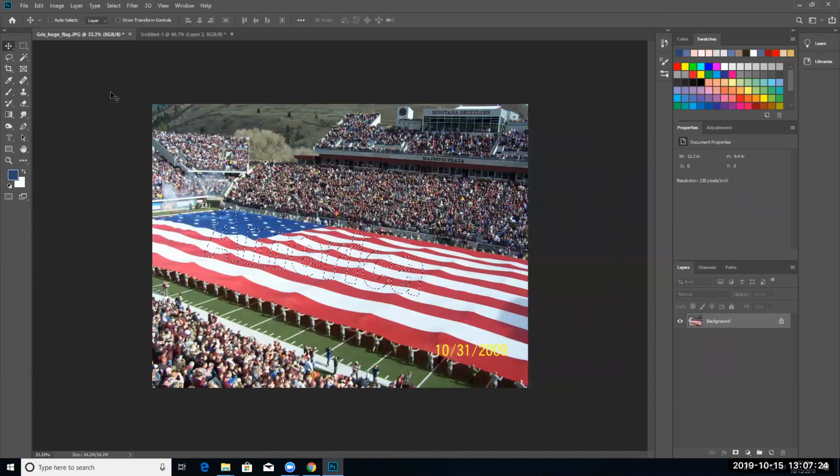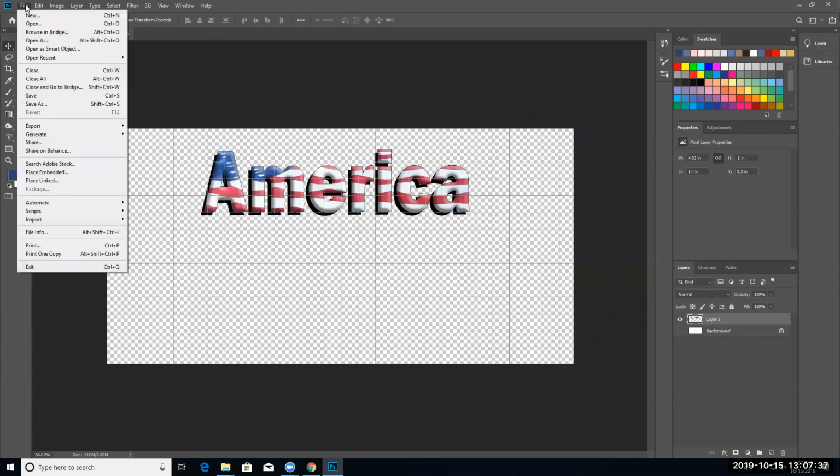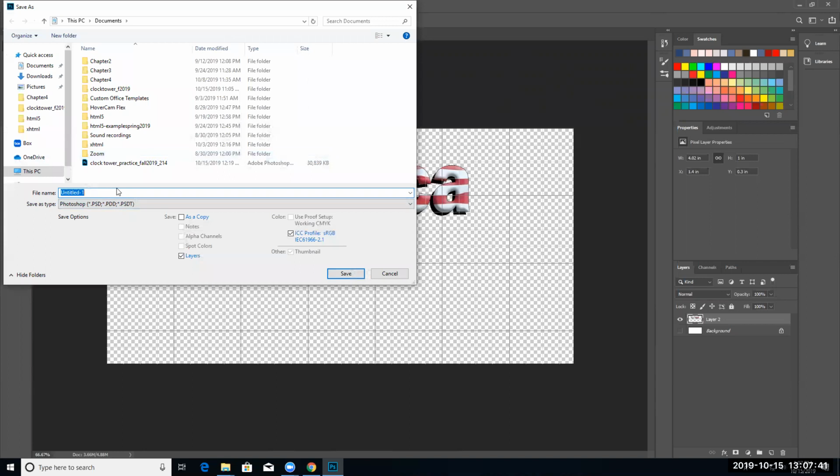So we're done with this file. As far as the Grizz Huge Flag, we can close that one. We don't need to save the Grizz Huge Flag because we've got our other one. While we're here, though, let's go ahead and save. This is our blending modes practice one. So let's do File, Save As for the America. And